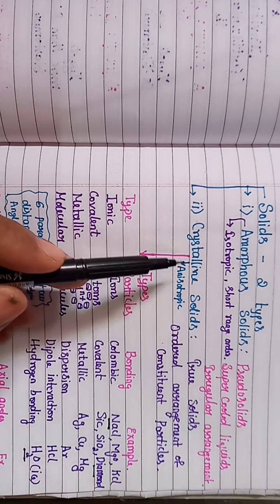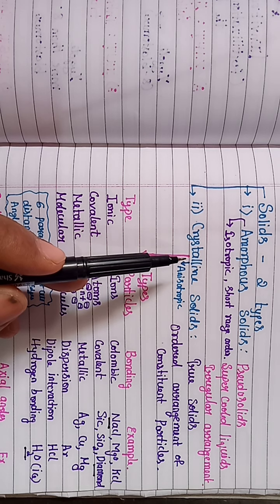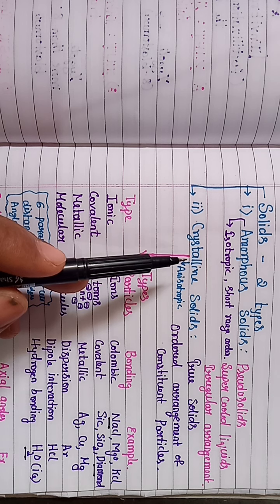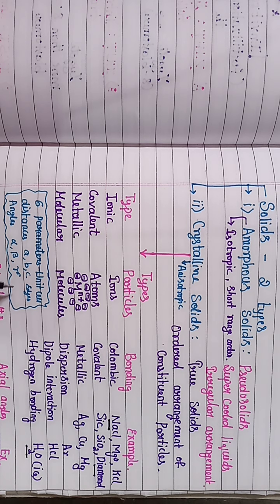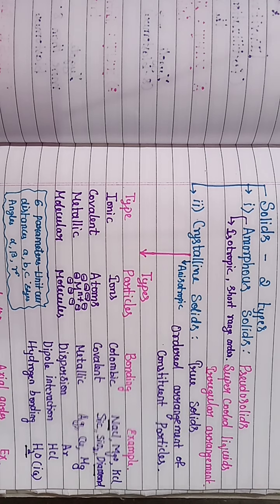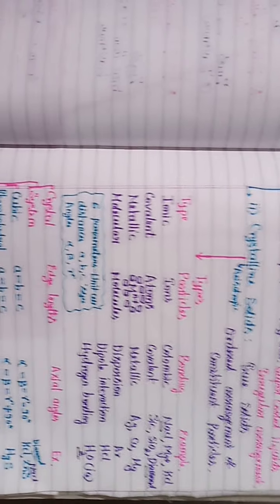A crystalline solid forms a crystal lattice, and in each crystal lattice you can find a structural unit called the unit cell. When the unit cell is repeated, the entire lattice is generated. We must remember that in the unit cell there are a total of 6 parameters. In that, a, b and c are the edges, and alpha, beta and gamma are the angles between these edges. That is important, you have to remember.